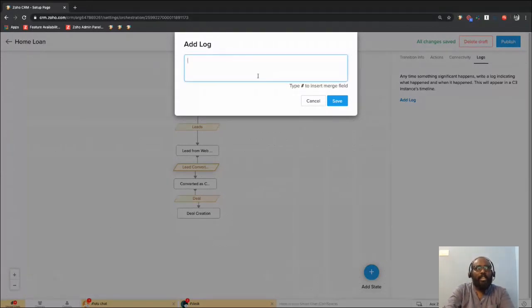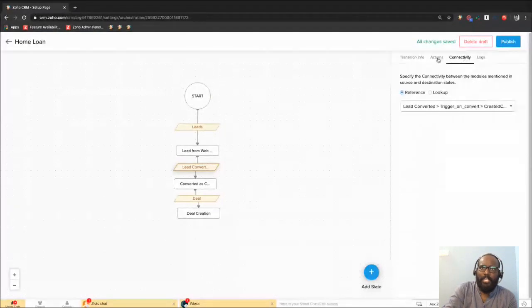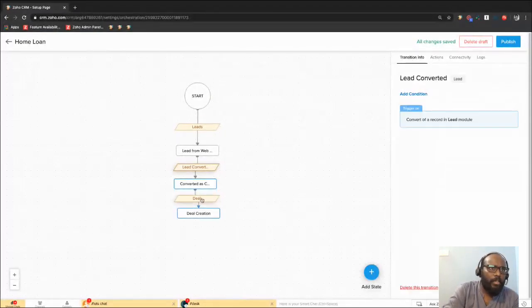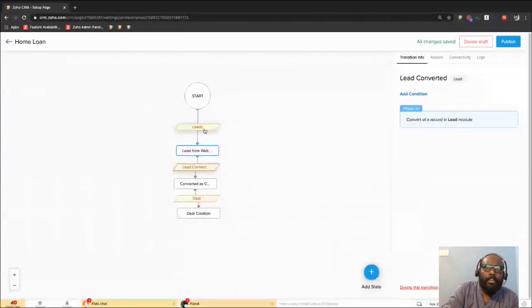Here I'm just going to give it as "email is sent, and lead is converted." That's it. And the merge tags are available here, you can use them. So I have done the connectivity, actions, and transition information. That's fine. And here, let me check the connectivity. Here, deal creation, and that's it. So this is a very simple flow where I have connected three modules: leads, contacts, and